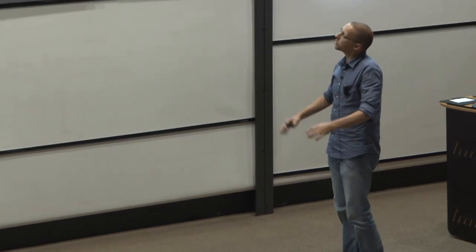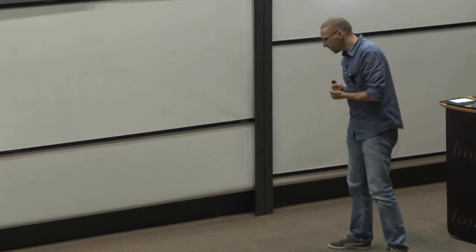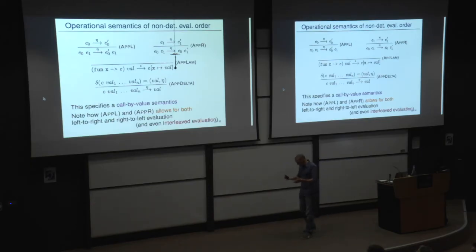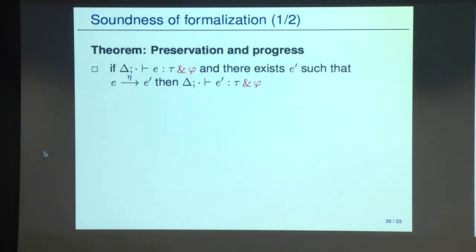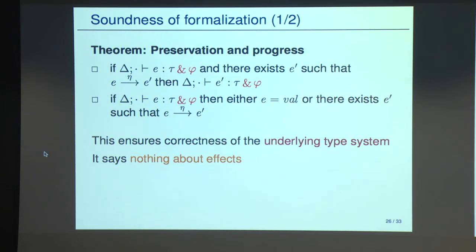All right. So I'll throw a bit of formalism in here. Formally, how do you describe that kind of loose definition regarding evaluation order? Well, you could do 2 rules for evaluating the sub-expressions of an application, saying I can choose to take a step in the left or in the right. And over a sequence of such things, of course, you can then also do interleaved things. And here, the little annotations over the transition arrows represent the runtime effects. And then you can do a traditional preservation and progress result,